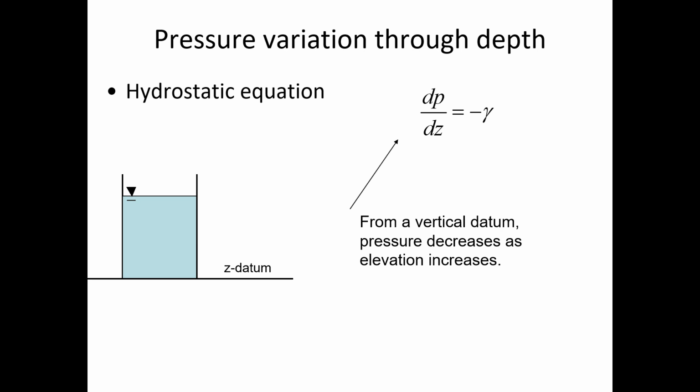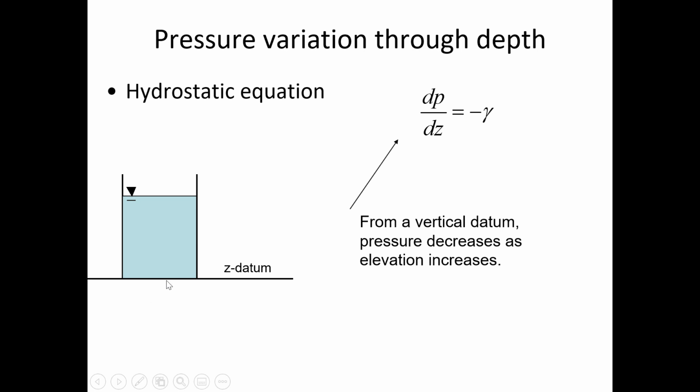So remember, what's the unit weight of water? Anybody have that constant memorized so far? 9,810 newtons per meter cubed. Perfect. That's right. 9810 newtons per meter cubed. So that's the unit weight of water. So what this is saying is pressure changes at that rate. And the minus sign just